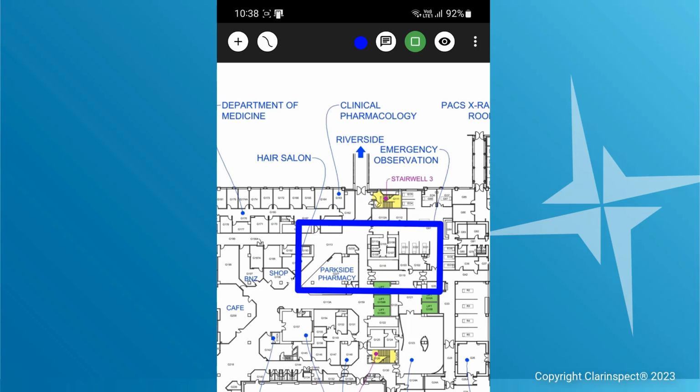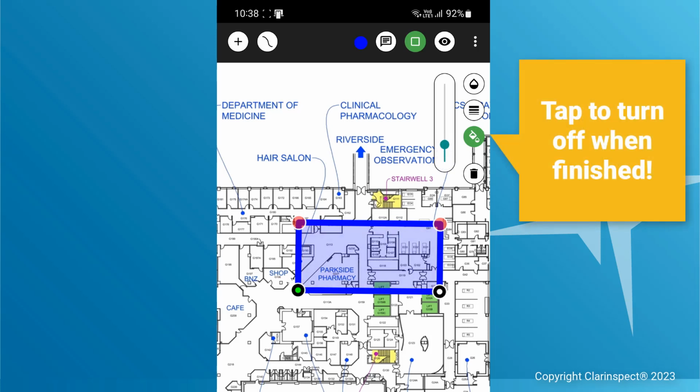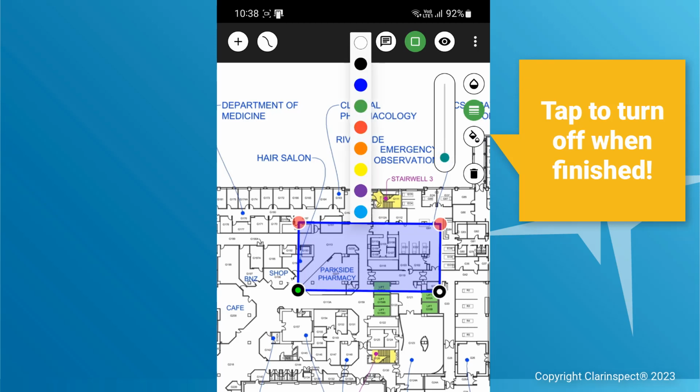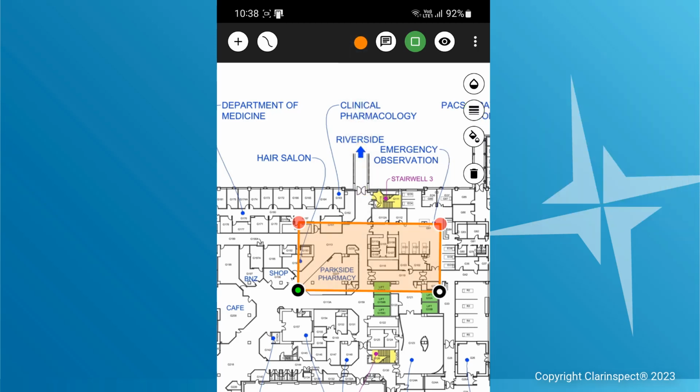Now we'll look at changing the fill. So we select the fill tool and we set the level. Then we'll set the line width and change the colour. Now we can tap on that shape in the middle and we can move it where